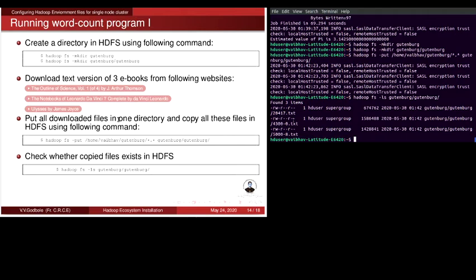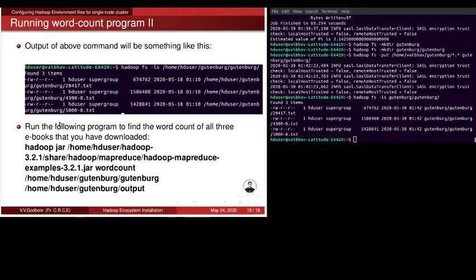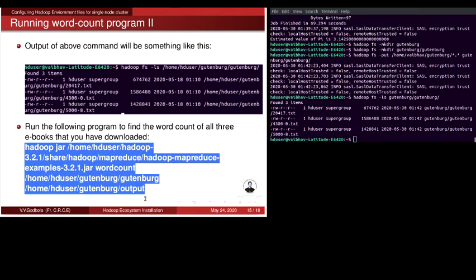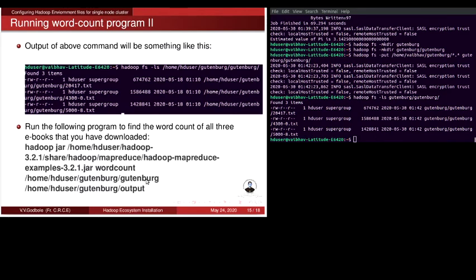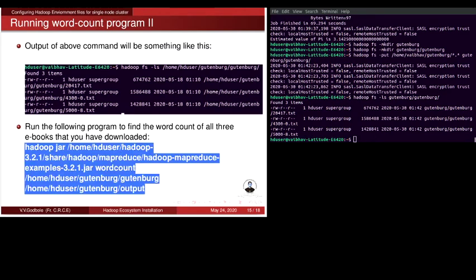Now we'll run a program to find out how many times a particular word has occurred in all these 3 files by making use of the MapReduce environment. So now let us run this program.